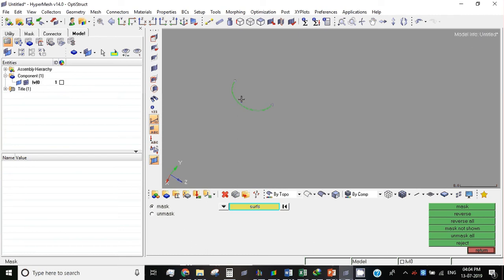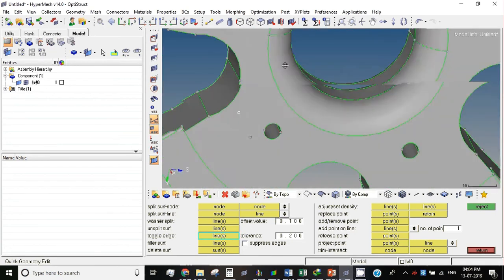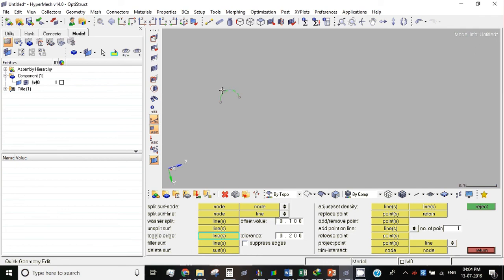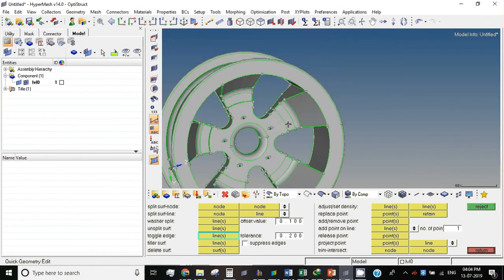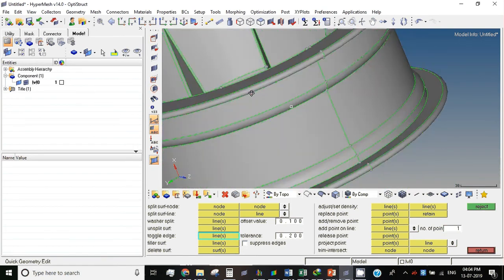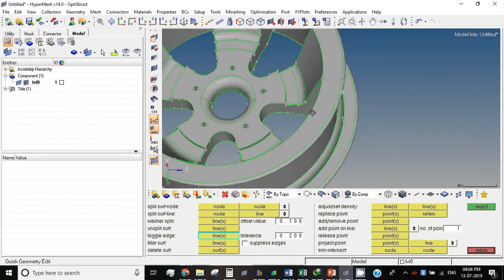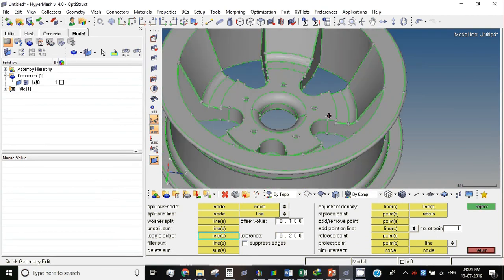Okay. Now here also one line is there which I don't want in the middle of the surface. I'll toggle it. Now the rest of the geometry I want. Okay, I don't want to delete this fillet and all those things. Let it be there, because I want to capture the geometry. I have already found out by convergence study, which you can go into further, that I want to delete this line also. This line also I don't want.